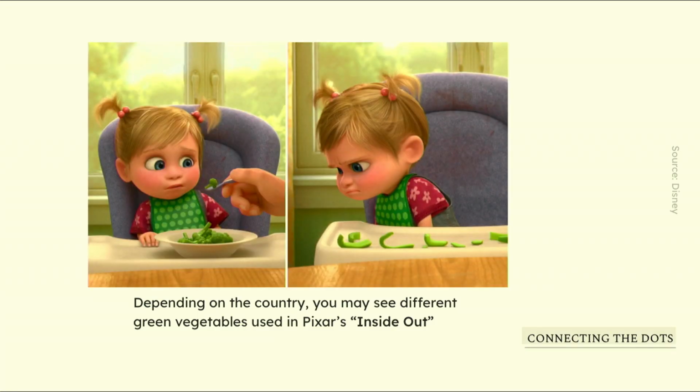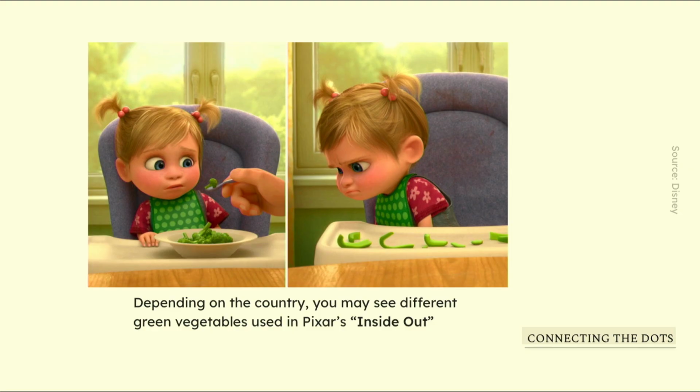So let's talk about something super interesting. Talking about Disney, there's a fascinating detail in the Inside Out movie. I'm not sure if you have watched this movie, but in one of the scenes, Riley, the character's name, doesn't like the vegetable that is offered to her. In the US version of the movie, which is on your left, the vegetable is broccoli, which many American kids tend to dislike.